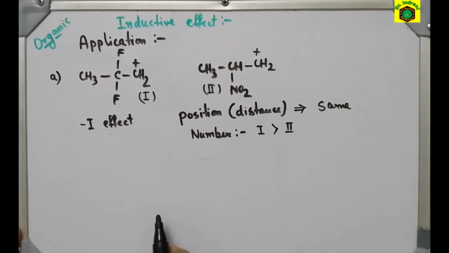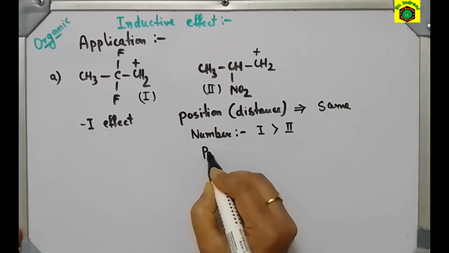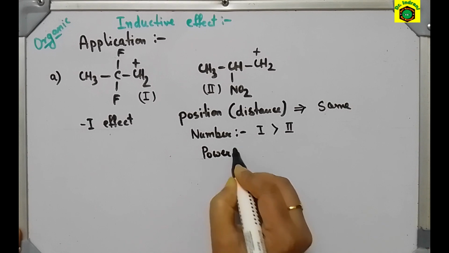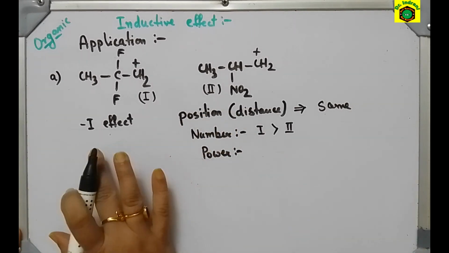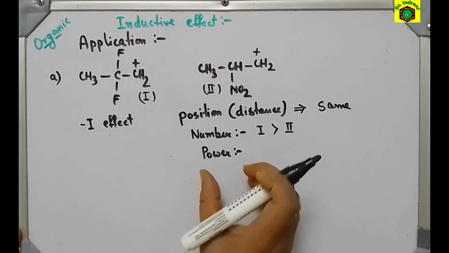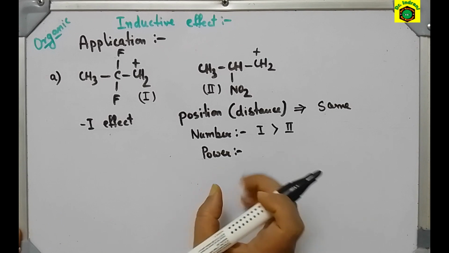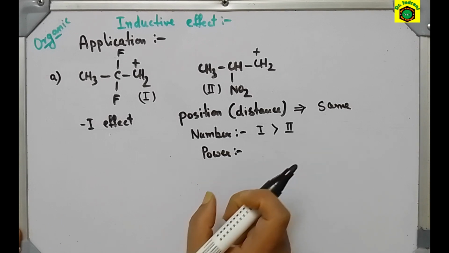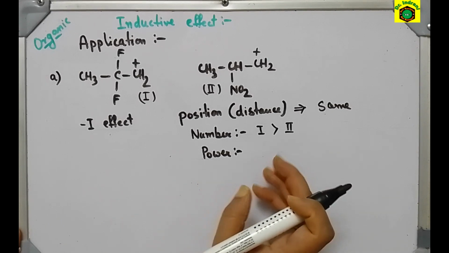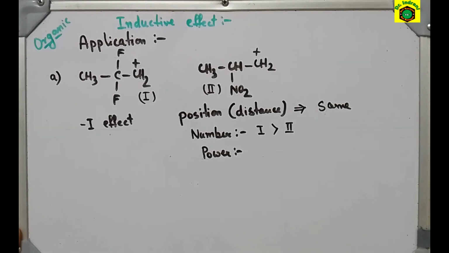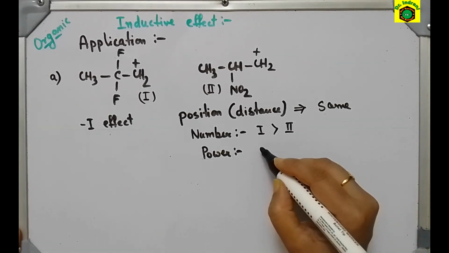Another thing we have to see, power. Power means electron withdrawing capacity. Here these groups are having minus I effect, so we have to check which one is more electron withdrawing, which one is having more minus I effect. That is called power. So nitro group is more electron withdrawing